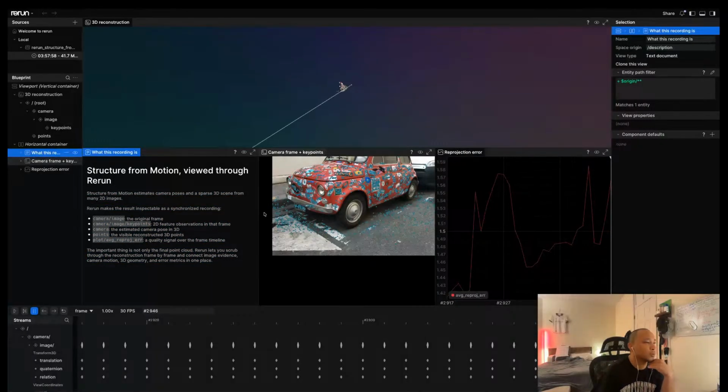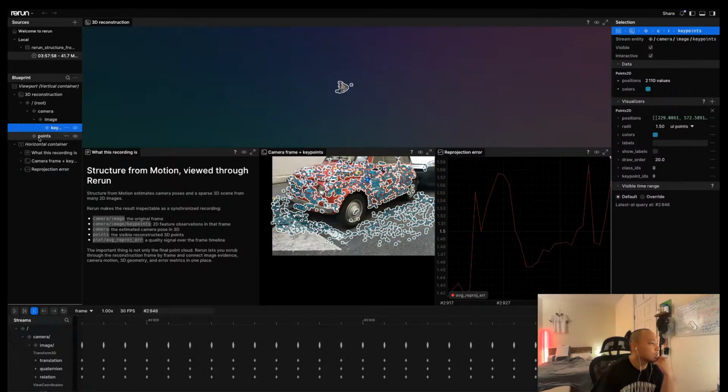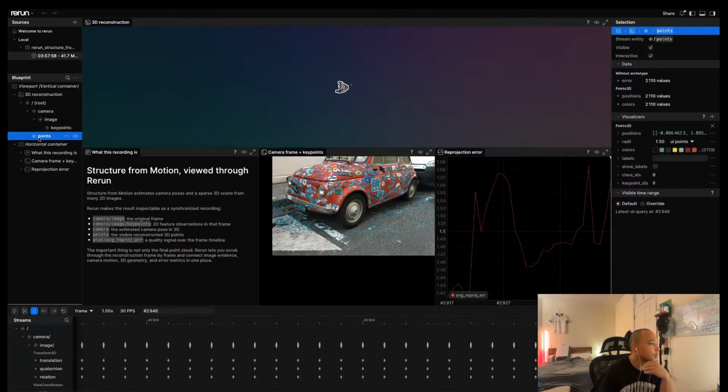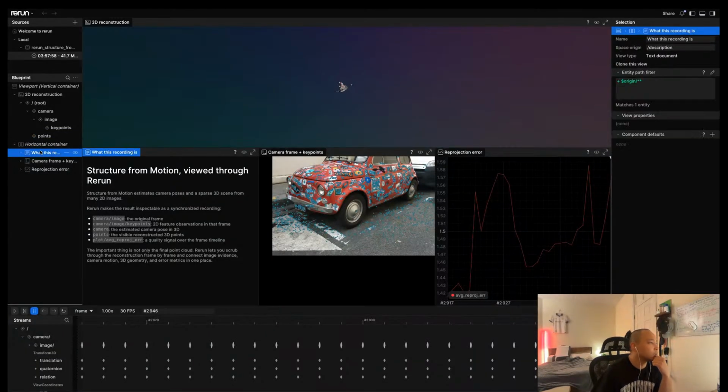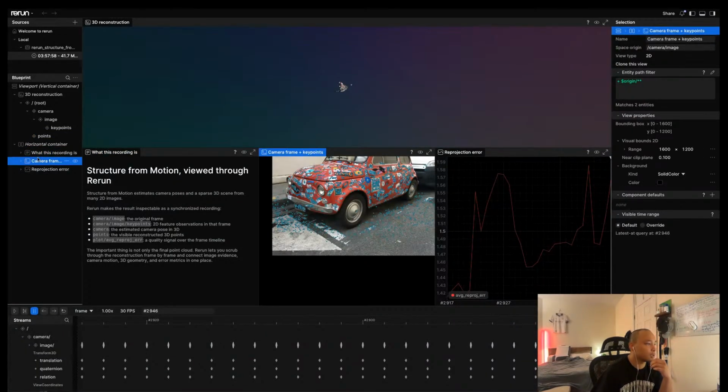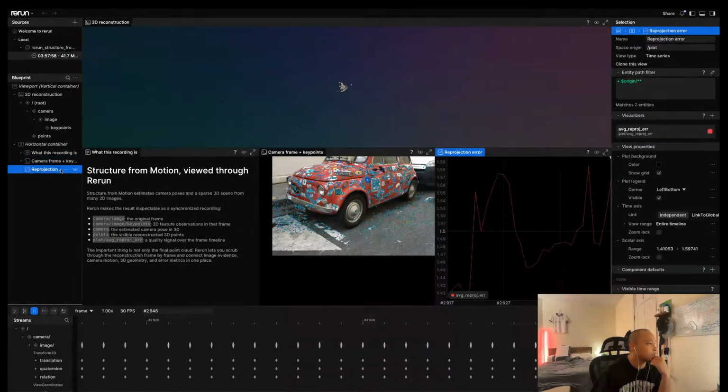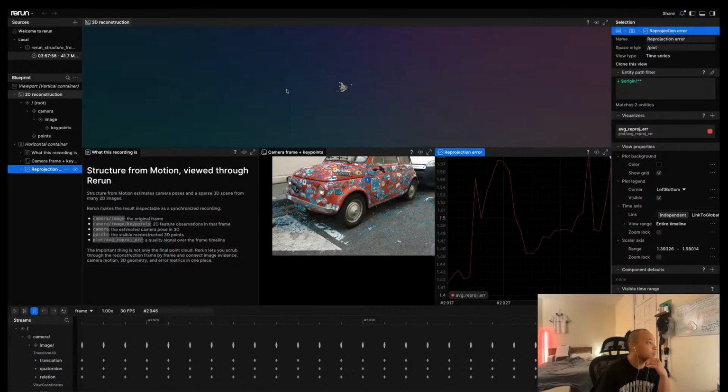Yeah, 2D feature observations in that frame. So you have these key points and then some other points. You need the horizontal container, which is what this recording is for, the camera frames and key points. Okay, I can see the reprojection error.